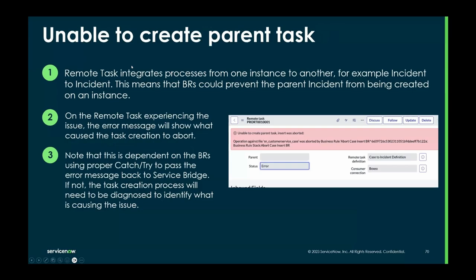Next one is then, this is a fairly common one that we see. This kind of relates to what I was mentioning, that the parent record has its own business rules, its own data policies potentially. So if you're talking about an incident, there's things that could block that parent record from being created. And so the way that it has been built out is that the service bridge is going to bring down the error message